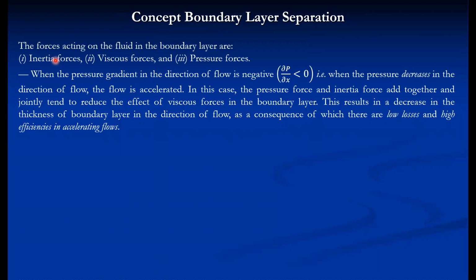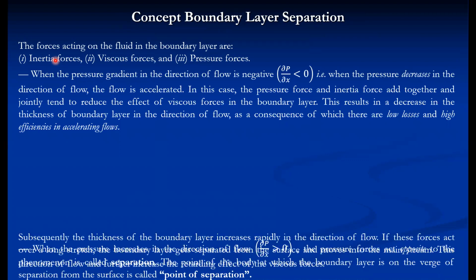In that case, the pressure gradient is negative, meaning pressure decreases along the direction of flow. This is a favorable situation because there are fewer losses and high efficiency, because the flow is accelerating. This is the case which needs to be maintained, because in this case the flow accelerates and the losses are less. In another case,